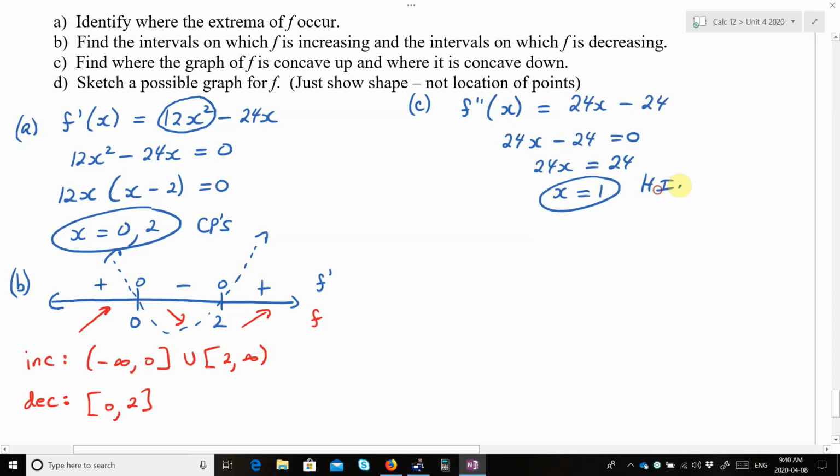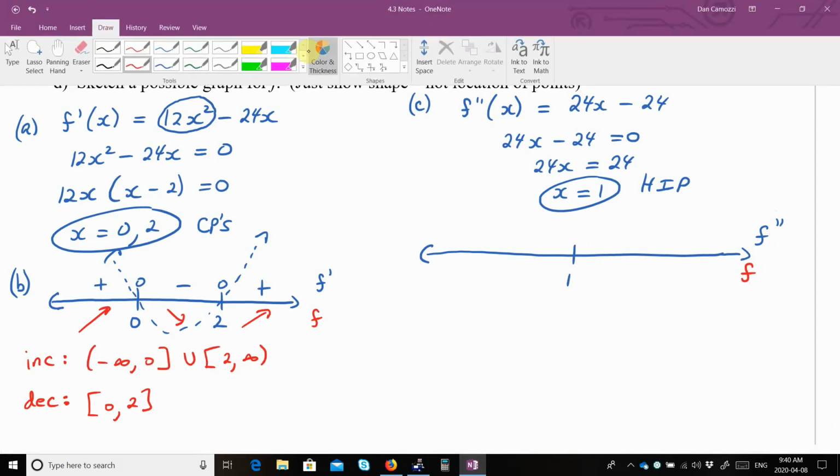Okay, so that is a horizontal inflection point. And then we can do a number line thing as well, and you plot the inflection point. We do a comparison of f double prime and what that means for the original function. So I'm going to graph f double prime, which is